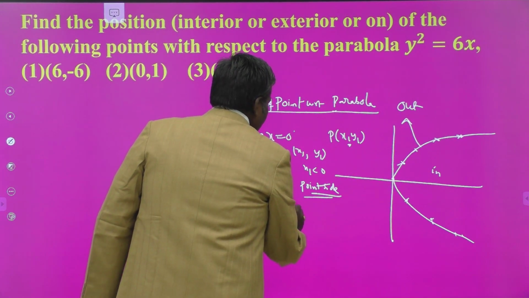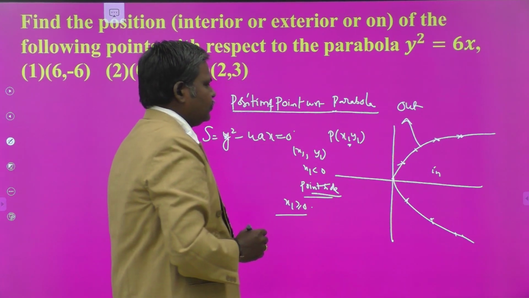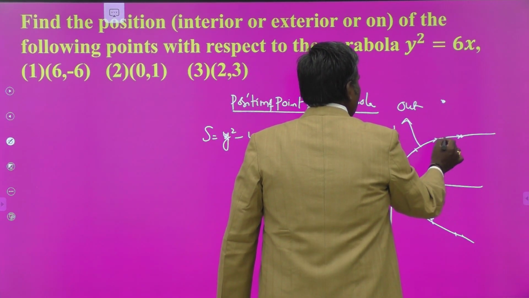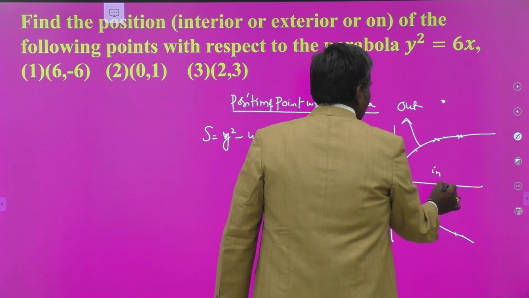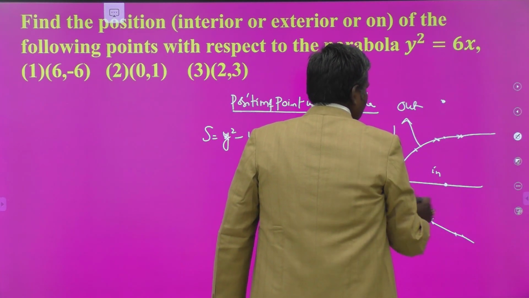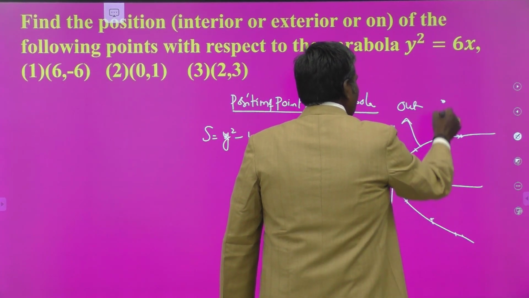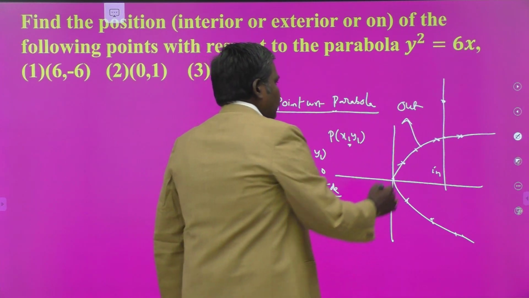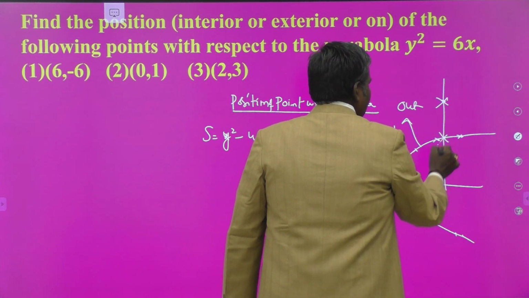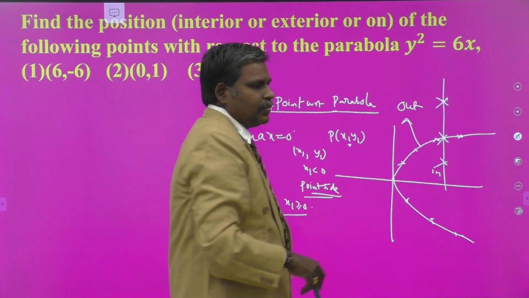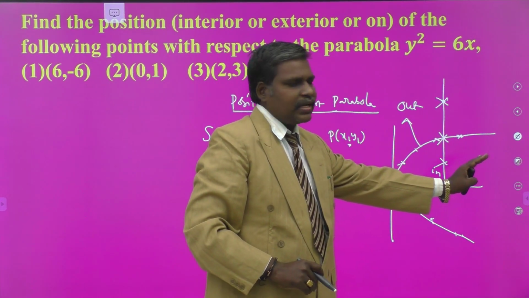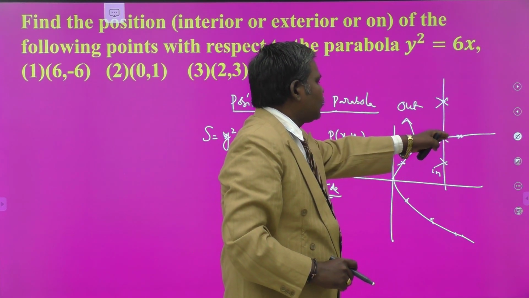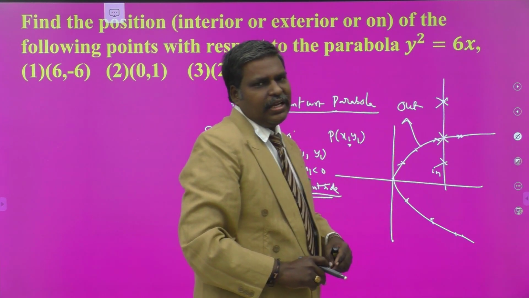What about for x1 greater than or equal to 0? That is the question now. Suppose your point may be here, or here, or here. Suppose you draw any vertical line, you take the point either here or here or here. Three possibilities are there. Your point is on the right side of the y-axis. How many chances? Three chances. That may be outside, on, or inside of the parabola.